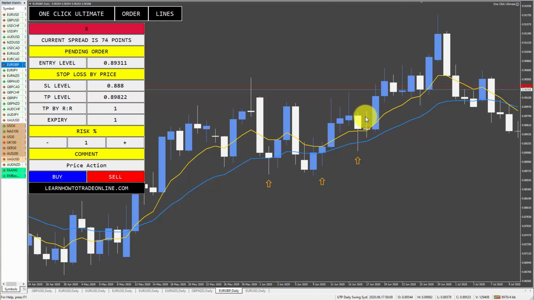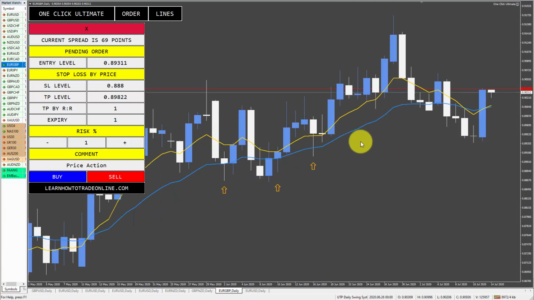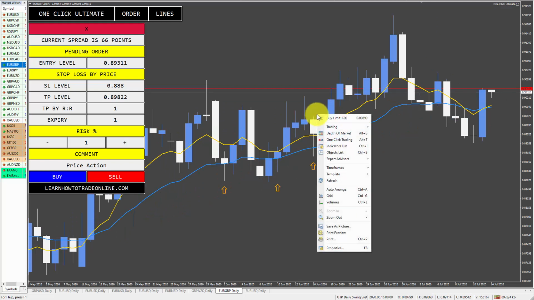You don't need me to point out the fact that this has been triggered. You can see the high of this candle is higher than the one before it. You would have been triggered into the position and it would have run for the 1-to-1 take profit. So again, the way that you would trade that normally on the MT4 platform is you'd go to right click,